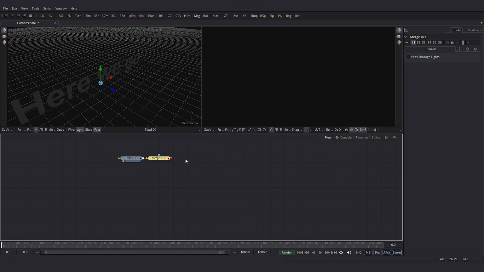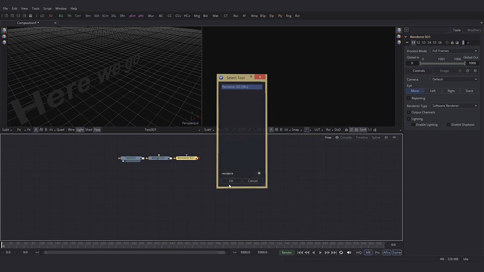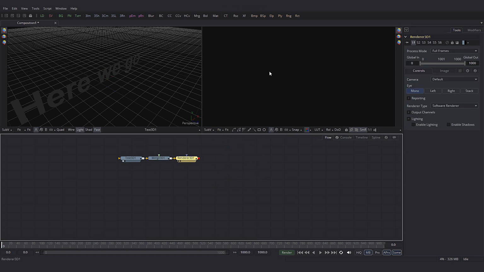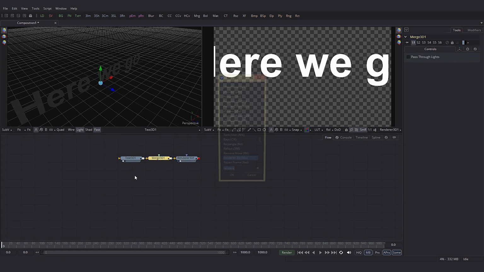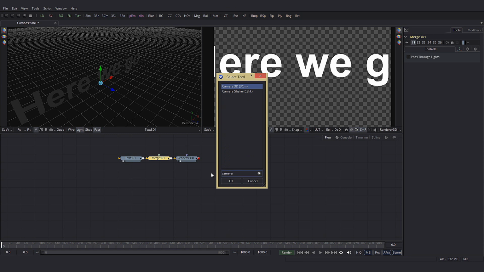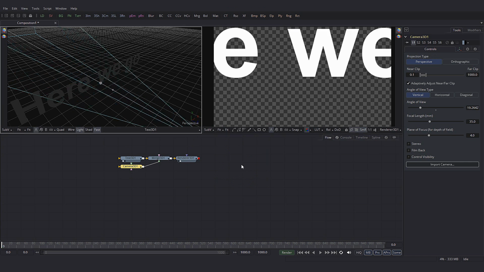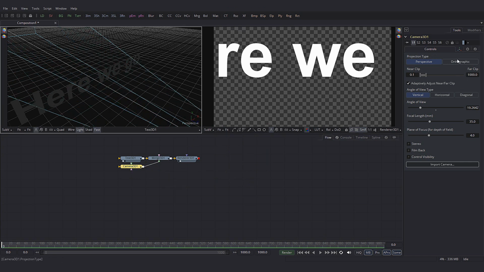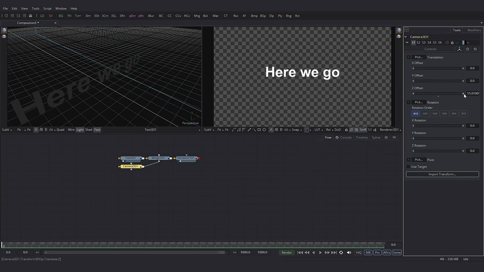And to that, I'm going to add a renderer 3D. Drag this to this viewer, fit. To this merge 3D, let's add a camera. Let's pull the camera back. I'll go into the properties. Just push this back. Yeah, but right now if you look at this, we have the same output as the